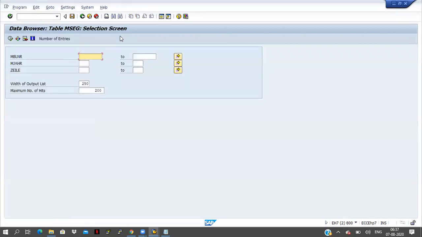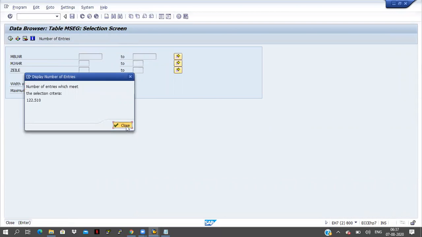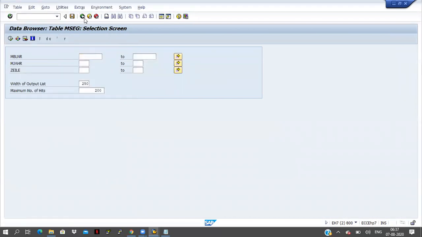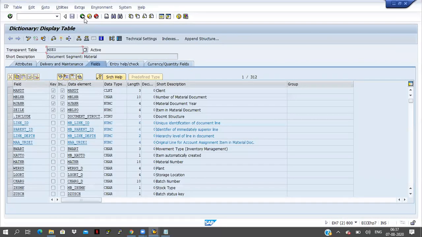Let us see whether the data is available. I'm checking here. Okay, data is available, no problem. The MSEC table holds material segment data; we should not call it material master information.